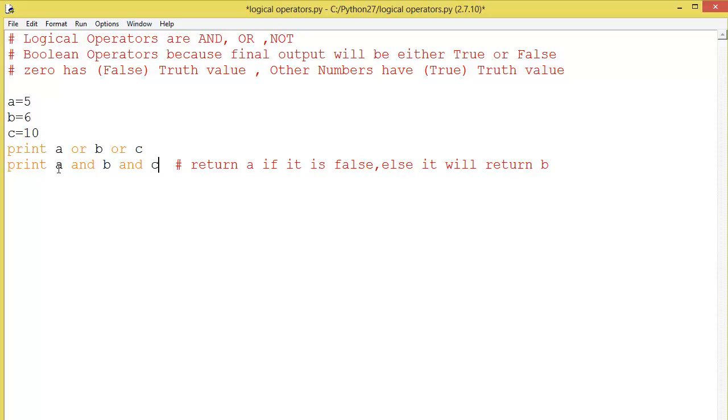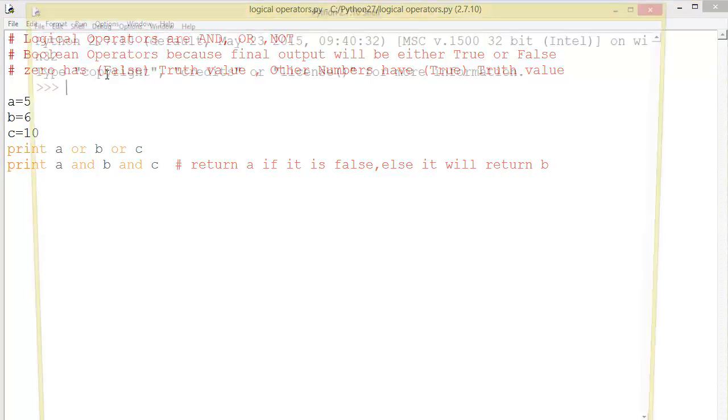Now if A is false, it will return A. If B is false, it will return B. Otherwise it will return C, either it is true or false. This doesn't matter. Now output of this one will be 10,